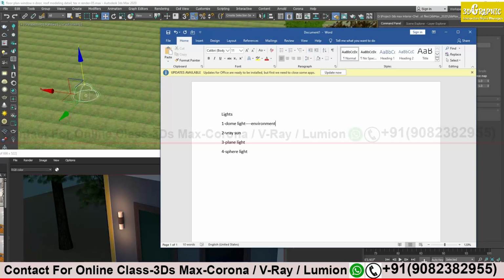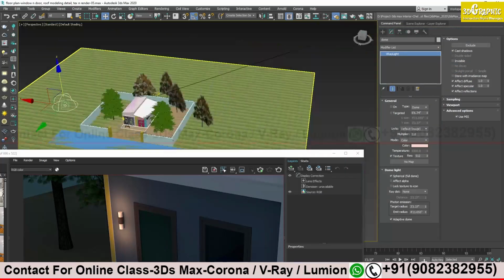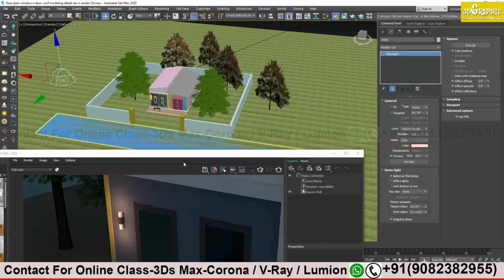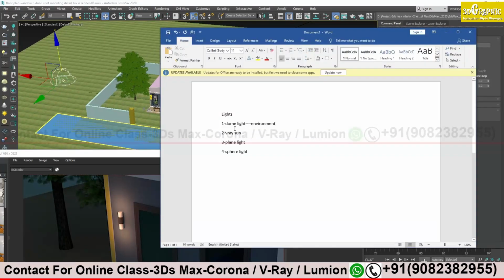Like when you stand under open sky, you will get light from the open sky. If it is day, more daylight will come. If it is night, a little bit of light will definitely come if you are under the sky. So dome light tries to create that kind of effect, like something is under the sky. So if you are making an elevation or exterior scene, dome light is a must use. Environment lighting effect.